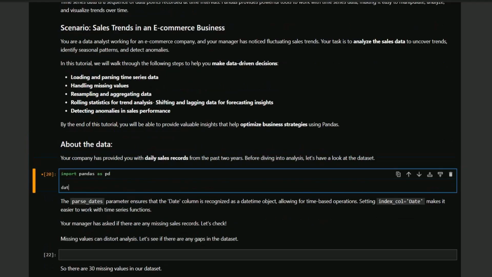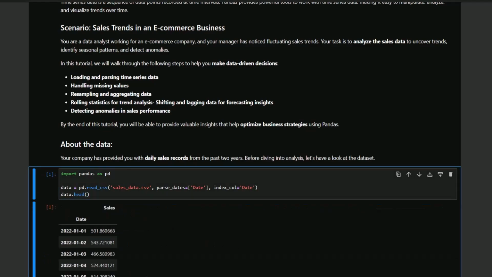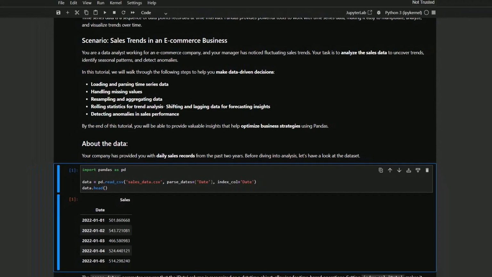We start by importing the Pandas library, which is essential for data manipulation. Then we load our sales data from a CSV file using the read_csv function. We specify the parse_dates parameter to ensure that the date column is recognized as a datetime object. This allows us to perform time-based operations. Additionally, we set the index column to date, making it easier to work with time series functions. Finally, we use the head function to display the first few rows of our dataset, giving us a quick overview